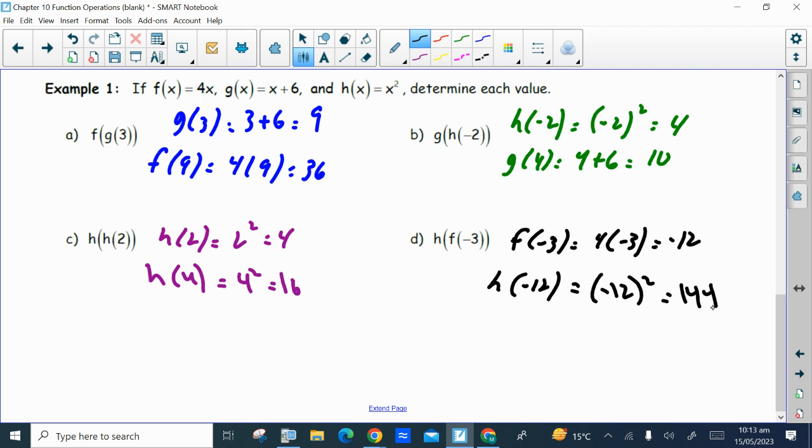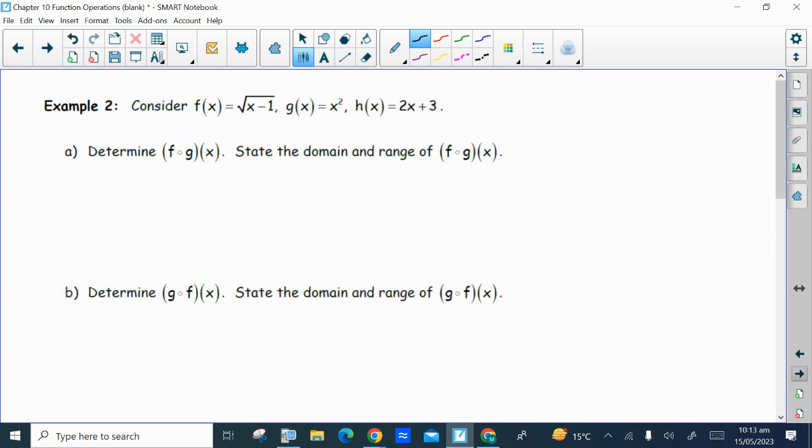Right? So sometimes you're going to be getting an actual numerical value for these because you're given a specific number that the variable equals. Sometimes, though, your composition of functions will involve an expression because you're not asked to find it for a certain value of x. Like these ones here, determine f o g at x. So again, that means f